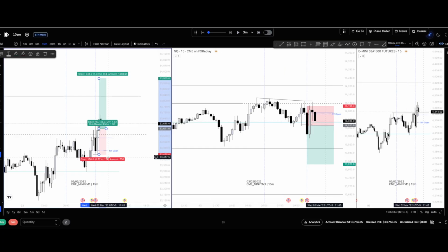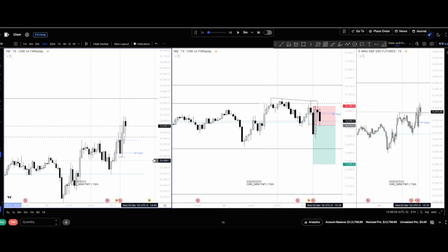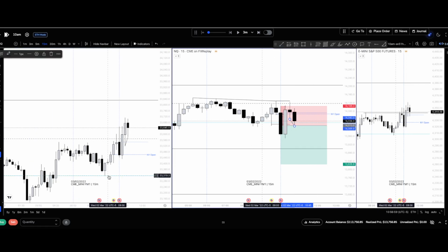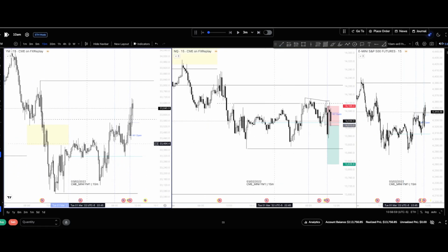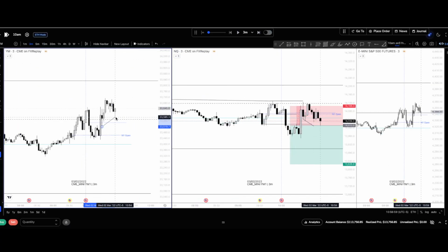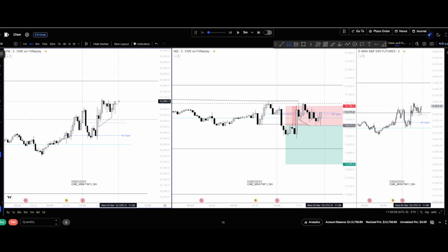Okay, so if YM is going to fail to manipulate these, then we can actually take this. I'm a lot more confident than I was because of this 15-minute OB, and we are holding. I was not that confident, I'm not going to lie to you, in trading away from those lows just yet. But now, because we are continuously expanding, we have this accumulation manipulation. Honestly, if I get a candle closure above these highs like this, I'll take this trade higher on YM. Yeah, I'll take this higher